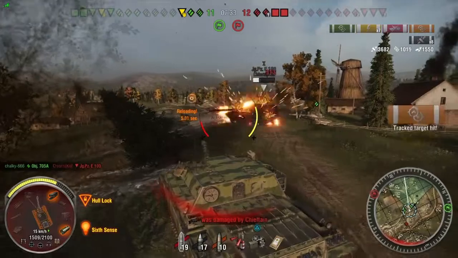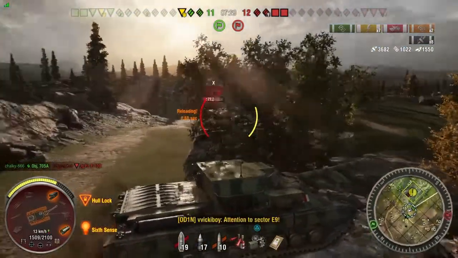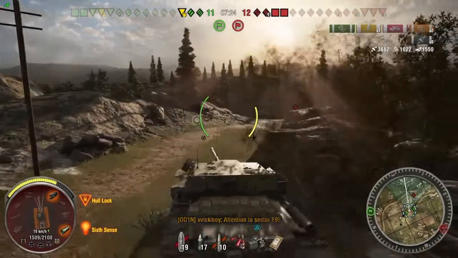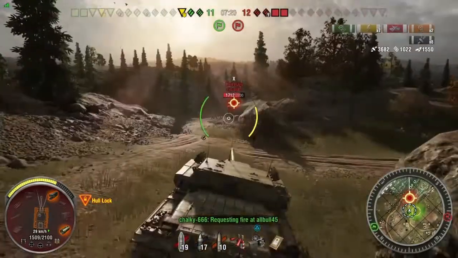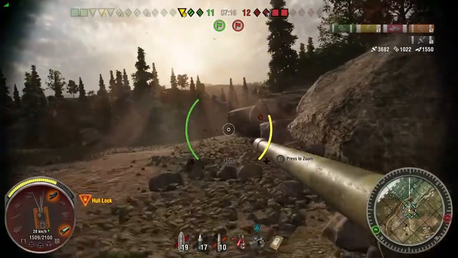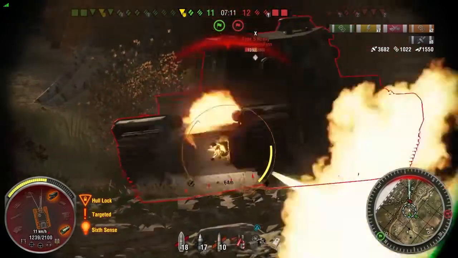Chieftain still has the HESH loaded, so I drive forward to get behind this rock. And now that we've dealt with the Jäger, I have to push the Chieftain, because I need to get out of line of sight of the artillery. So this does mean I have to expose the rear of my tank to them. But the good news is, I've saved enough hit points throughout this game so far by playing it safe that with the spall liner, when the artillery actually shows up and shoots me,